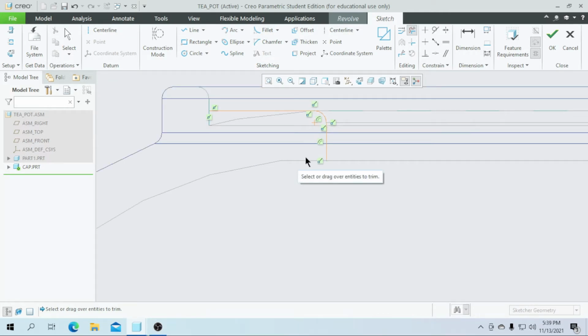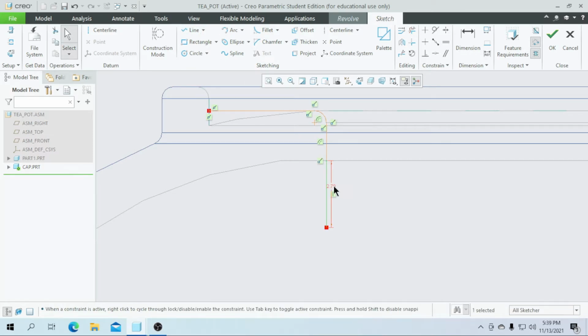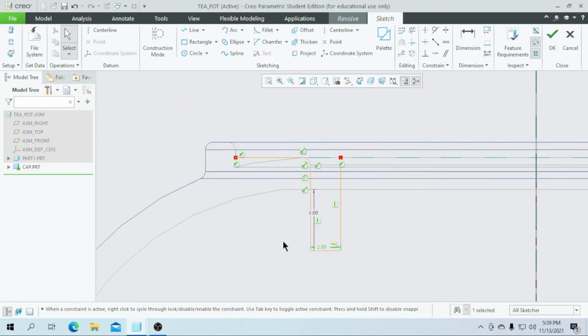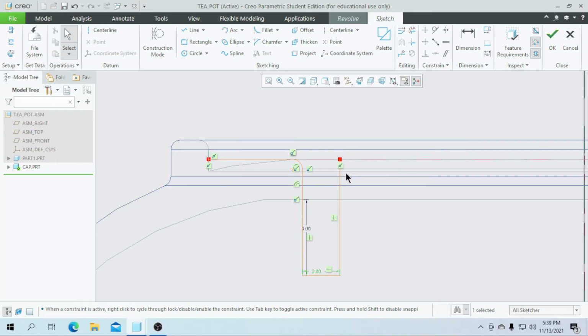So now I am going to draw a line from here downwards and enter this height as 4, and then draw another line like this to this top position. I need this length to be a value of 2, and then I am going to draw an arc connecting from here to here and here to here.